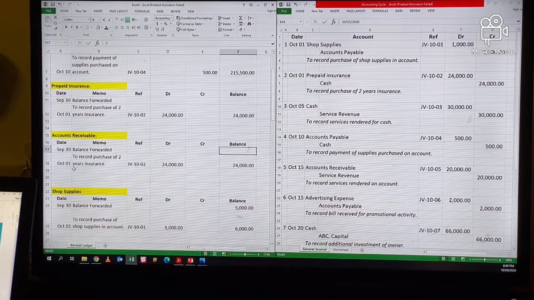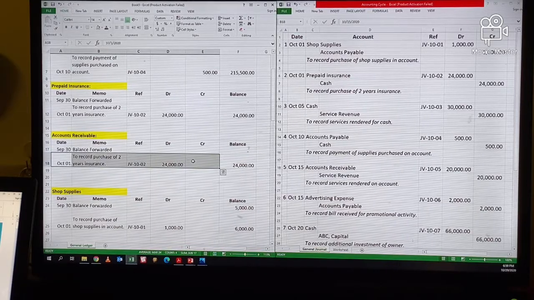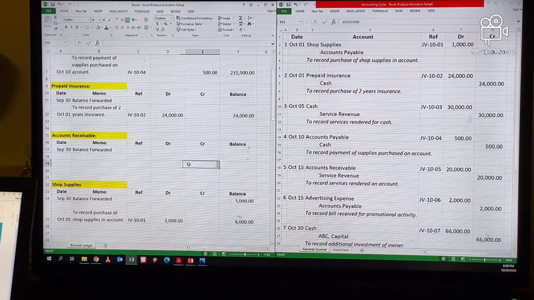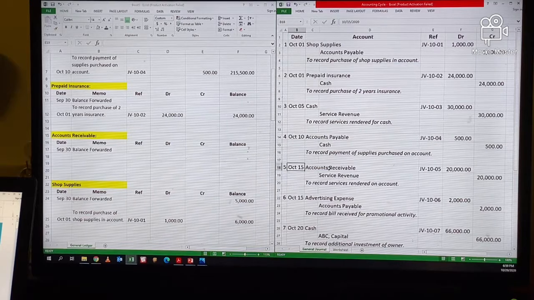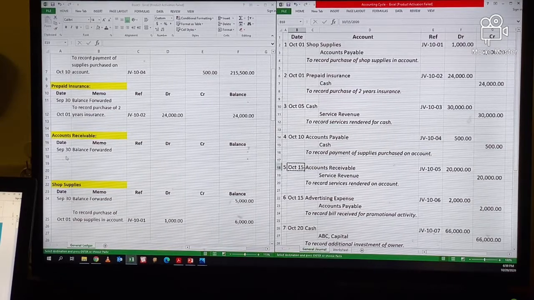Okay, so ang balance forwarded niya ay 0. Ay, sorry, nasa cash. Tama, accounts receivable. So, copy natin ang date,